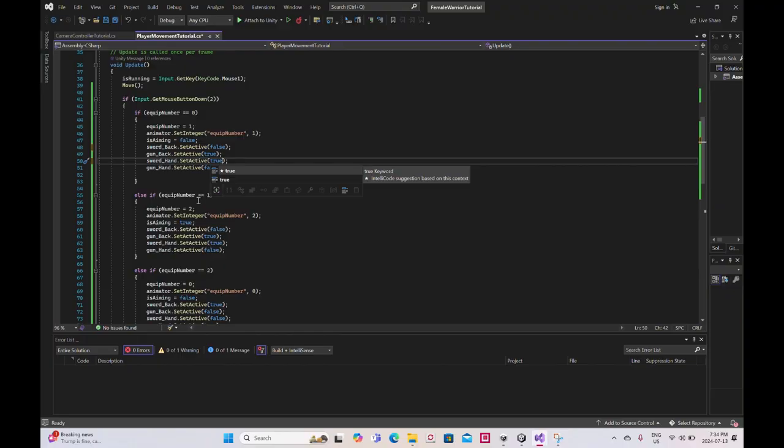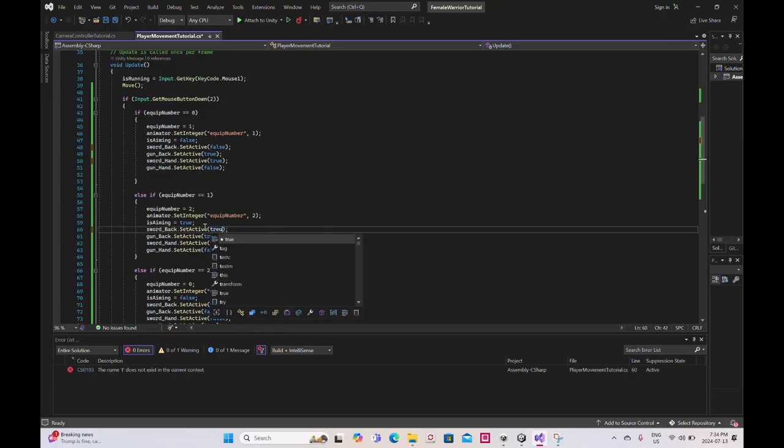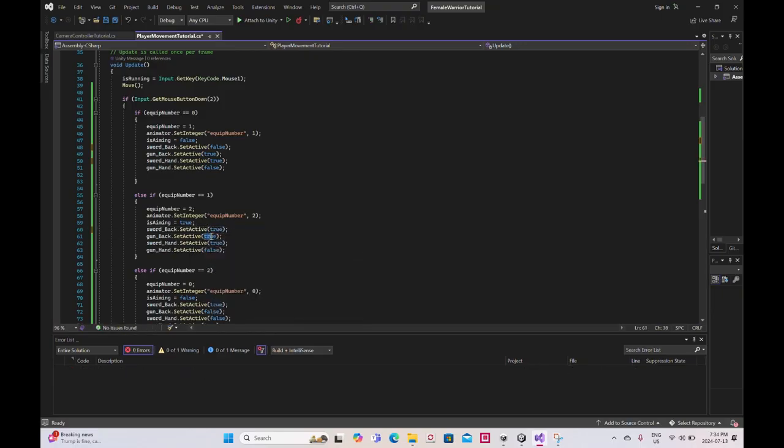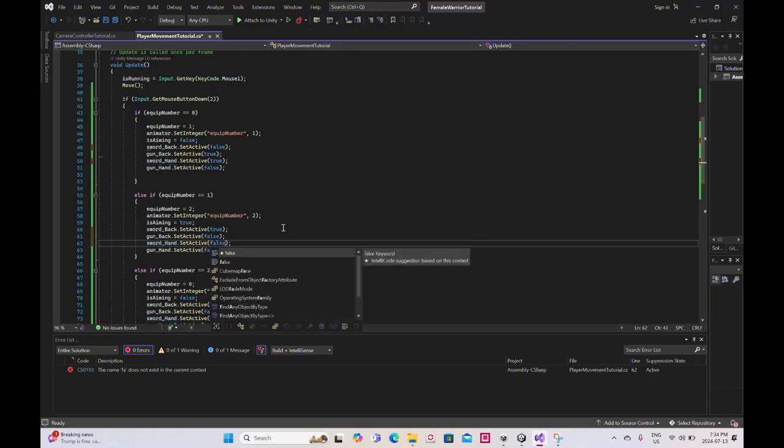If equip number equals 1 and the button's pressed, that means equip number equals 2. So sword on the back is true, the gun on the back is false, the sword in the hand is false, and